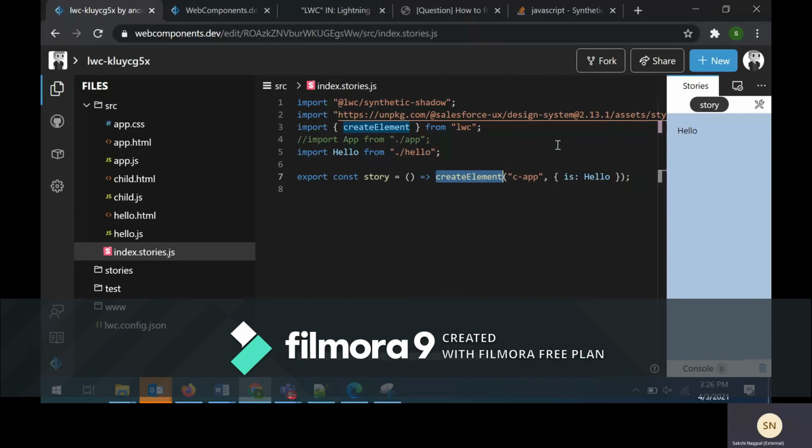If I change this, instead of hello, if I want to show my app Lightning Web Component, let me make it. This version is shared, so I cannot edit it because it is in read-only mode.